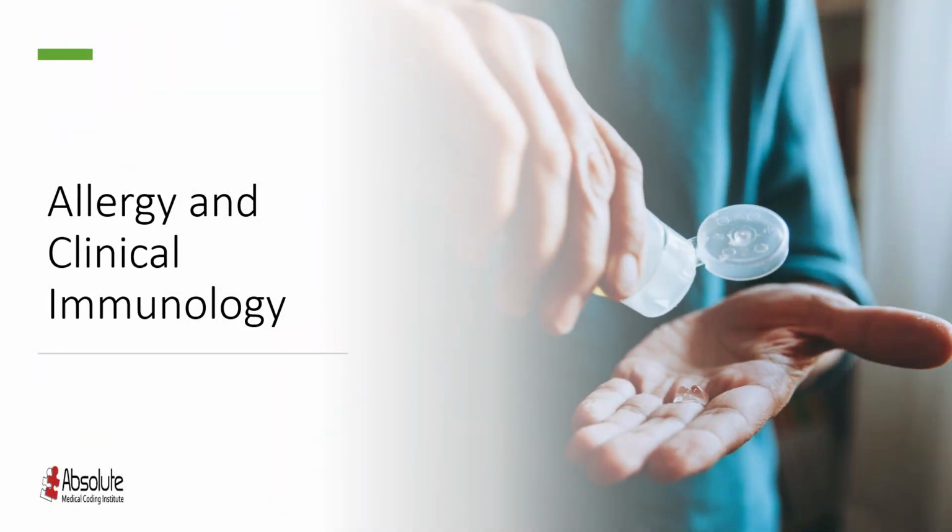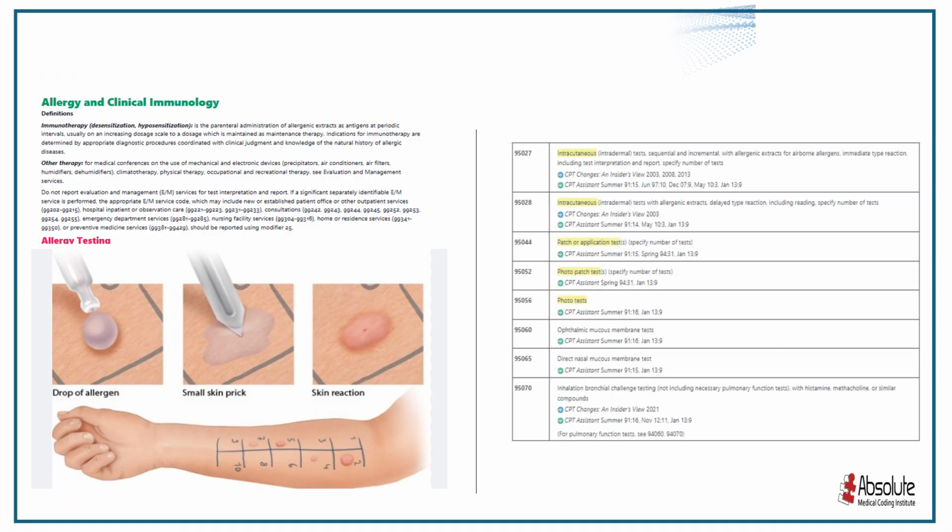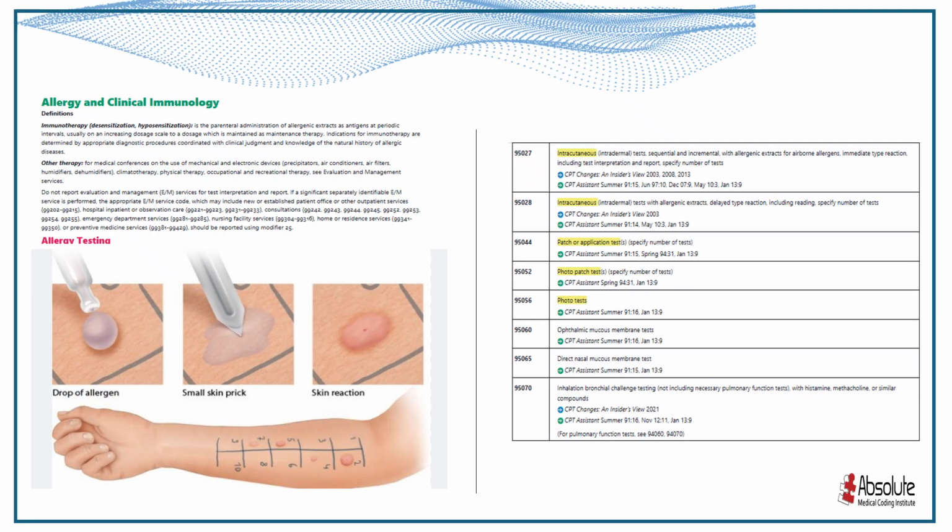Now let's move on to our next topic for the day: allergy and clinical immunology. So, what is an allergy? An allergy is the body's overreaction to something that is normally harmless, like pollen, dust, certain foods, or even medicines. The immune system mistakenly sees these substances as a threat and responds by releasing chemicals such as